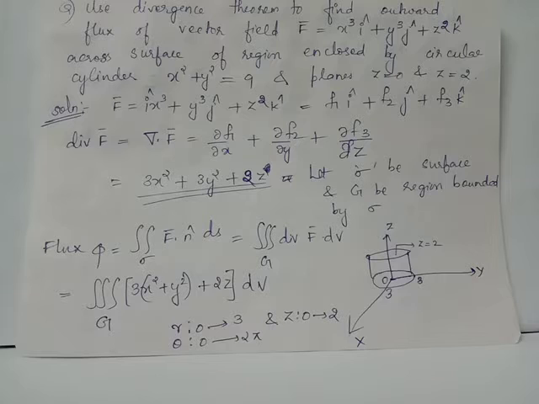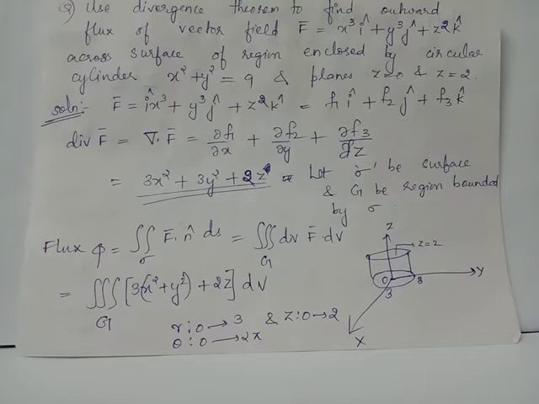In order to evaluate the triple integral, if we make use of the cylindrical coordinate system, recall that the cylindrical coordinate system is the polar coordinate system itself, where r is the radial line starting from origin and theta is the angular movement of the radial line. In addition to the polar coordinate system, we include the z coordinate which determines the height of the cylinder. We have z, the height parameter, varying from 0 to 2.